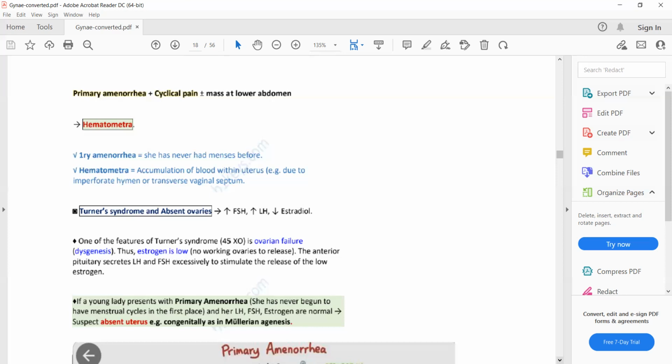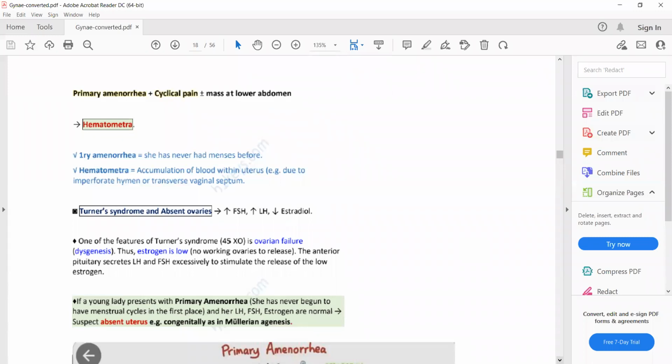So a patient with primary amenorrhea plus cyclical pain, the pain that is associated, that is cyclical, and on ultrasound examination, there's a mass at lower abdomen. So primary amenorrhea with cyclical pain and a mass at lower abdomen, the cause is most likely